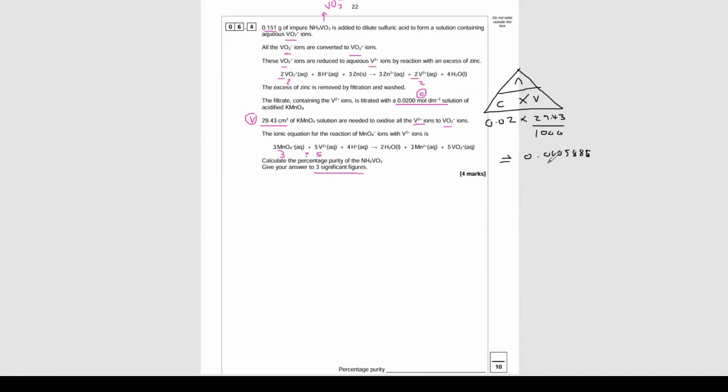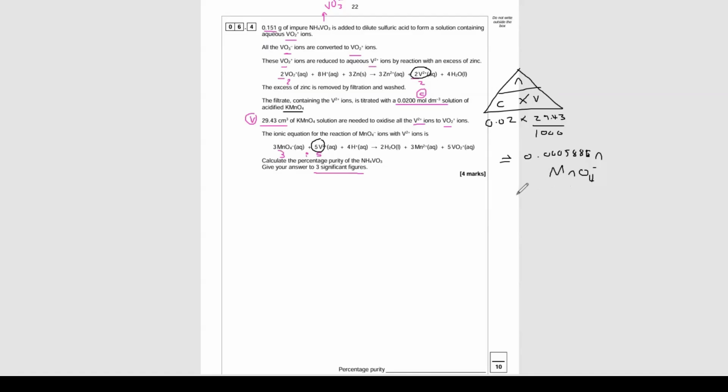Right, before we move on, this is definitely moles, but I want to write down what it's moles of. So I go back up here and I study and I go, oh, it's of the KMnO4. So this is of the manganate ions. It doesn't matter whether you write KMnO4 or manganate ions. We're looking at the same thing here. And I know that this reacted in a 3 to 5 ratio with the V2+. And look, that's my link. The V2+ is my link between the two equations. It's the same thing you do in a back titration. So let's